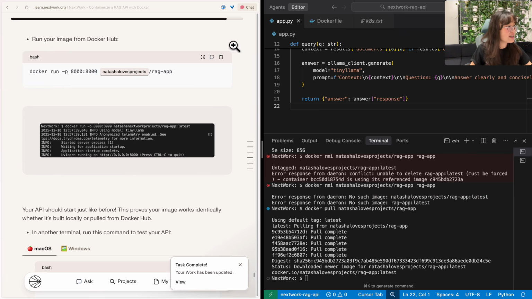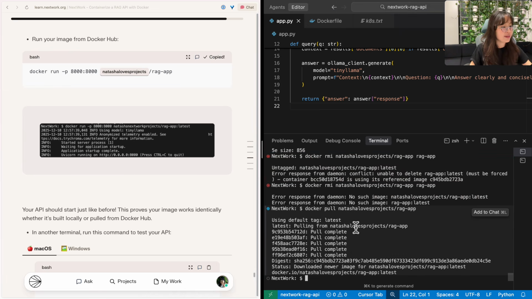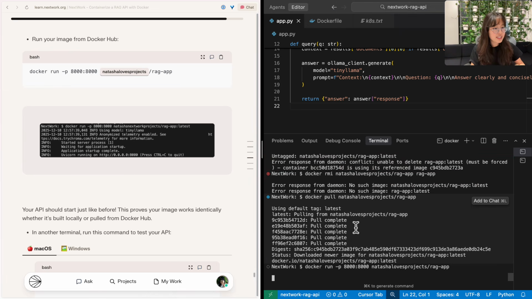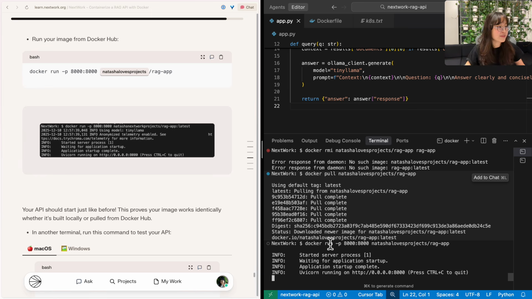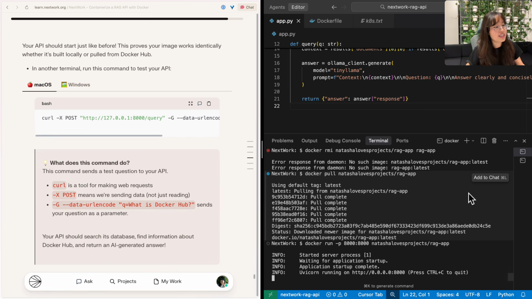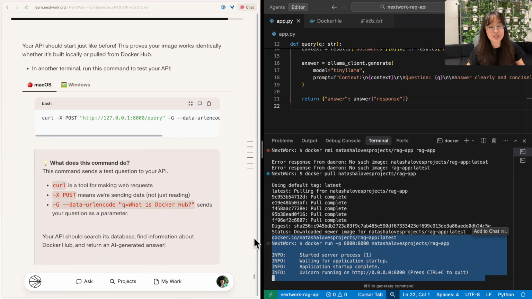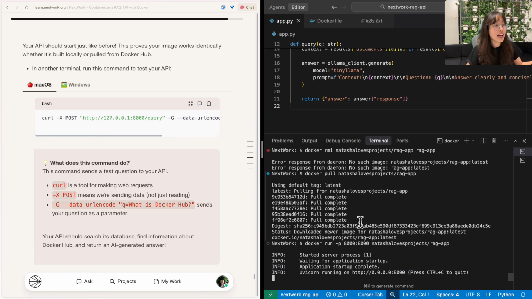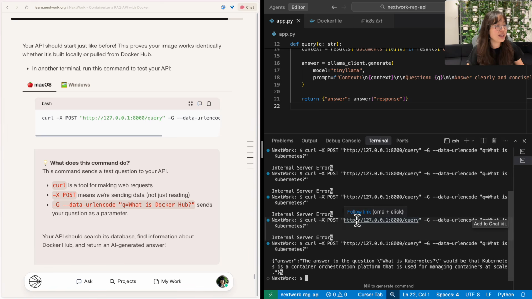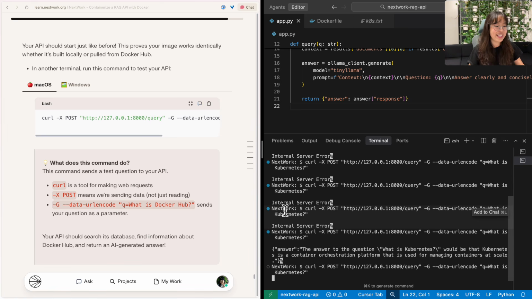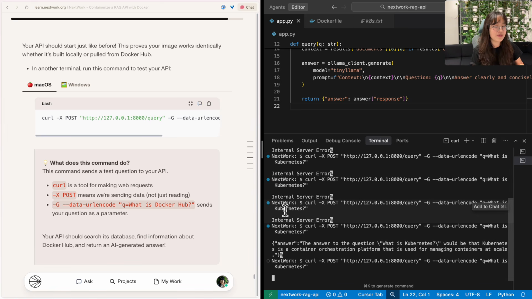Okay, so now that we've pulled this image, let's try and run it, shall we? Let's run this image. Okay, it's running, and your API should start just like before. Doesn't look too different, does it? So this proves that your image can actually start. But let's test the API itself. Will it work? All right, let's run the command